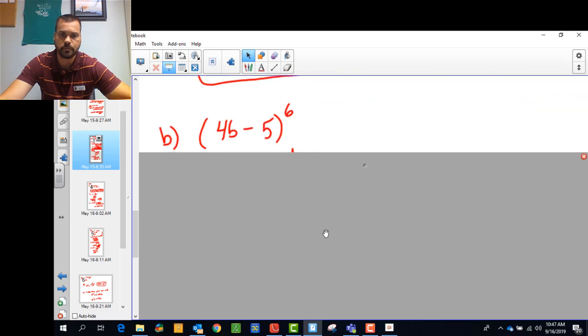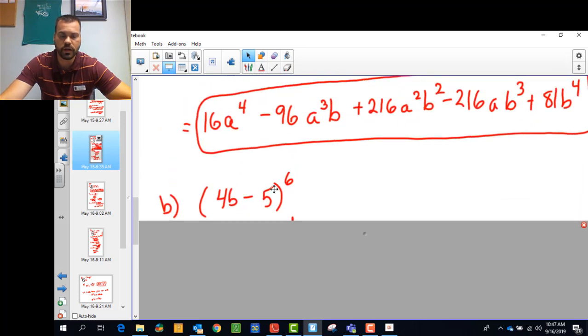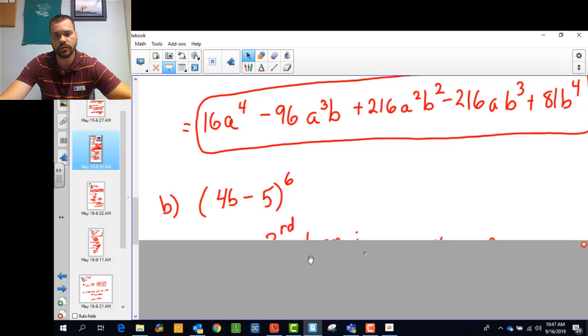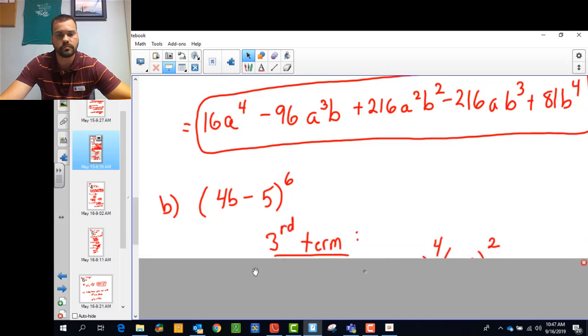So here's another question, 4b minus 5 to the 6th power. And what we're asked to do here is find the third term. You'll see this a lot with binomial expansion questions where they're asking you to find a particular term. So instead of doing the whole thing, you're just trying to find one of the terms. And so to think about the third term, what we have to do is imagine that the